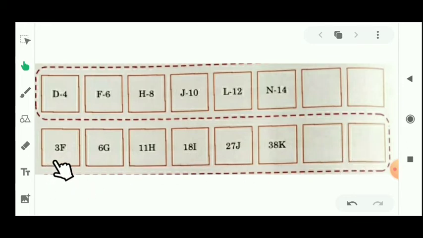Just see the numbers. Here is 3, then 6, that means 3 plus 3, 6, then 5 will be added, then 7 will be added, then 9 will be added, then 11 will be added. If we observe these numbers, you can see all are odd numbers that will be added, but odd numbers will be added in the sequencing order. Here is plus 3, then plus 5, then plus 7, then plus 9, then plus 11. In the next part 11 plus 13, then 13 plus 15 will be added.